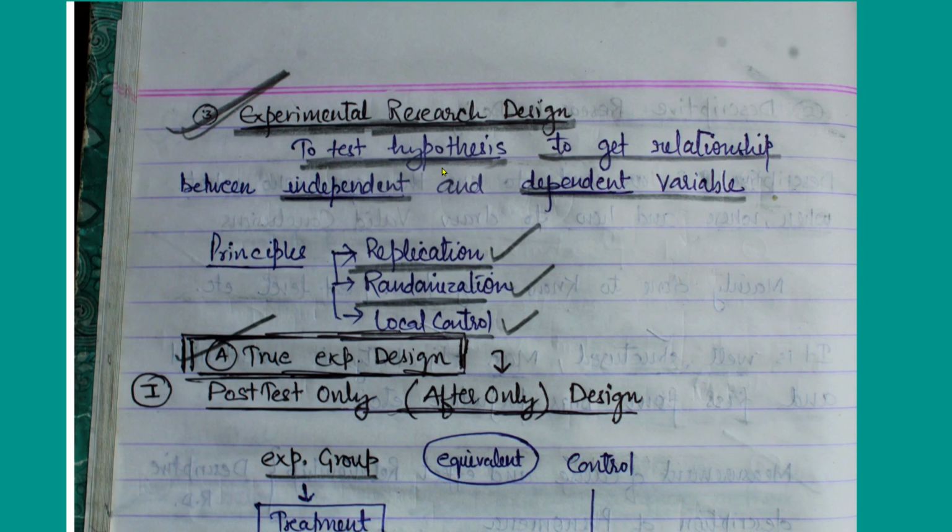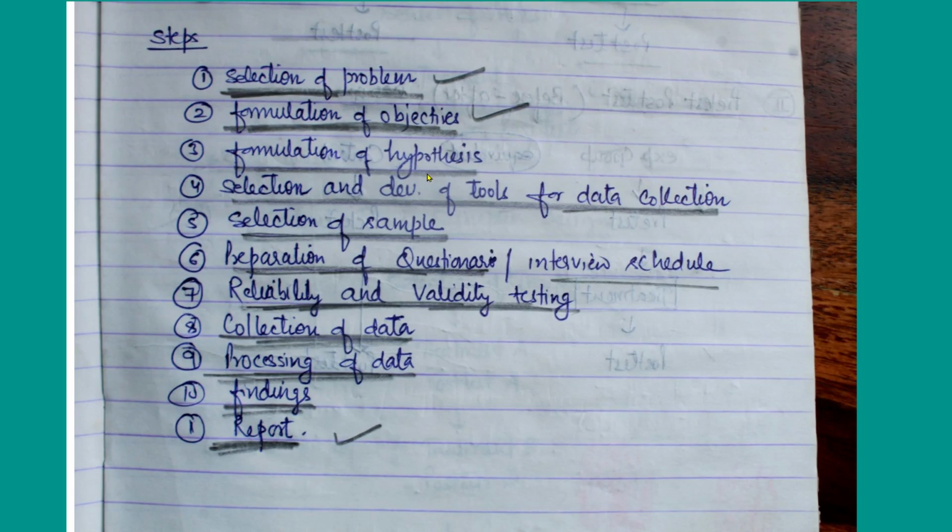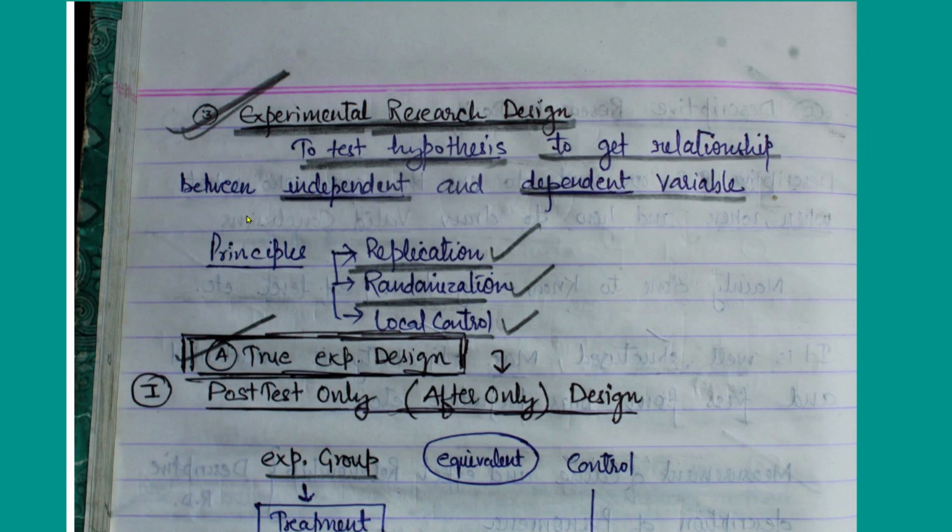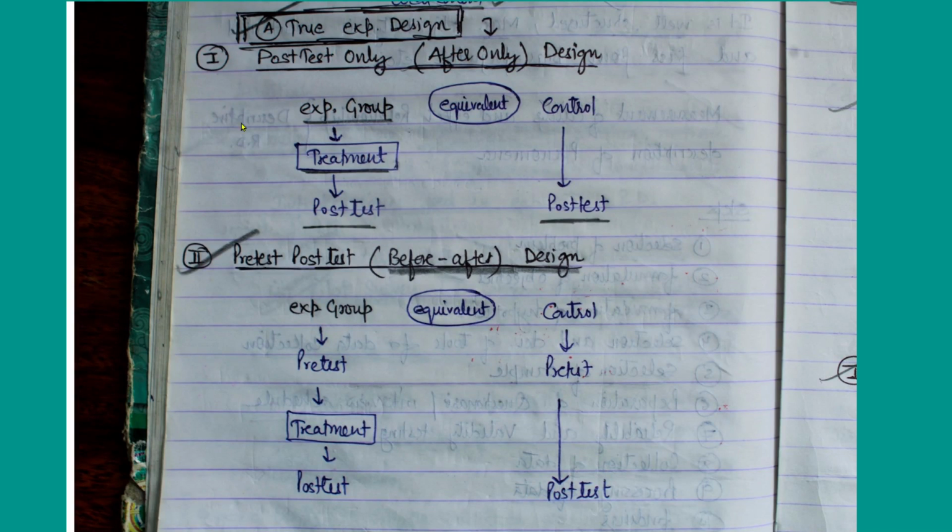Experimental research design is when you have hypothesis. In descriptive research design also you have hypothesis. Here also you have hypothesis, where you will use replication, randomization, local control. They are not being too much used in social sciences. They are mostly used in agronomy and other pure sciences. Here there are different types of research design given in your GLA books. You just go through it.